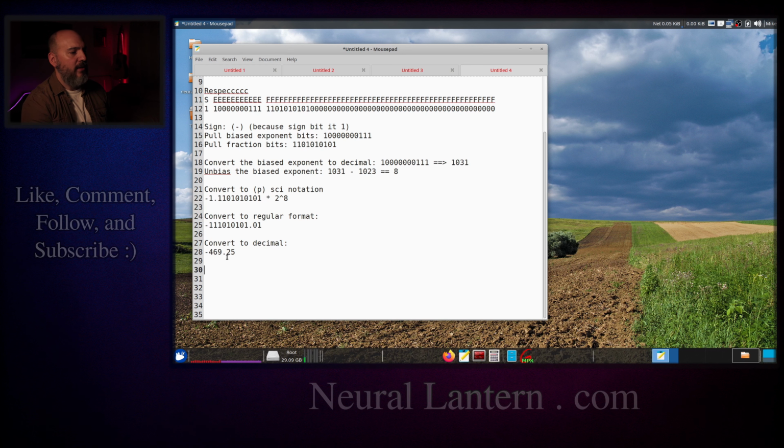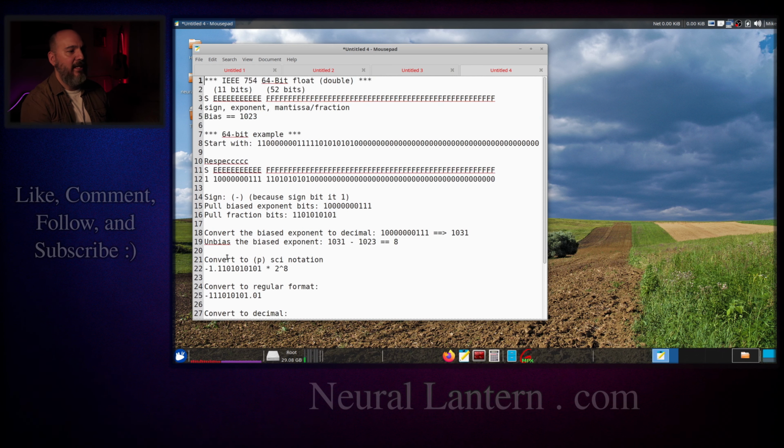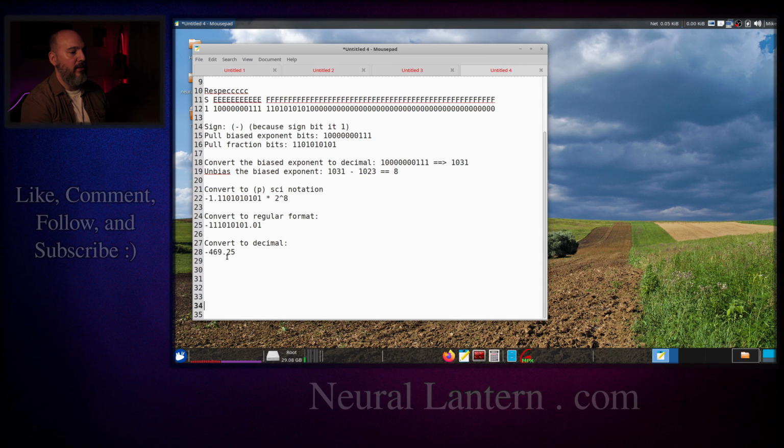I'm not going to do another number in the reverse direction because we already did that for 32 bits. And again, with 64 bits, the only real difference is just you have more exponent and fraction bits, and the bias is a higher number, and that's it. So like all the other steps are just the same. I just wanted to show you one time with a 64-bit number in one direction,